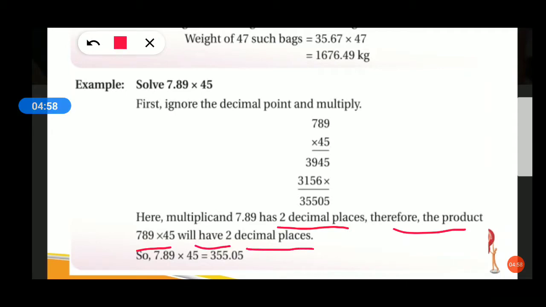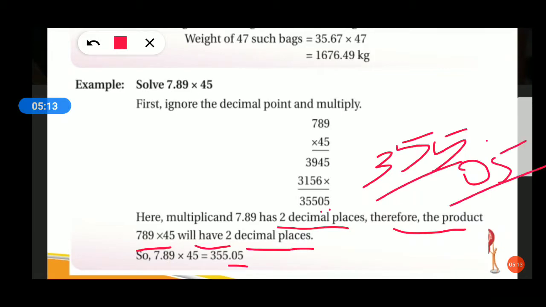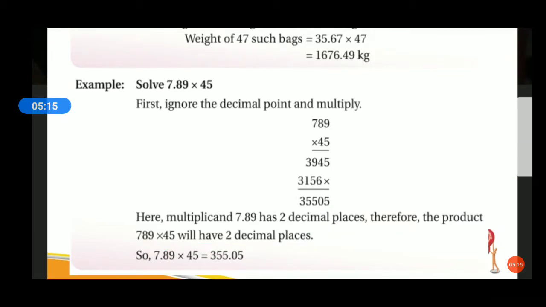What is there in the question? The same number of decimals should be there in the product also. So, in the product, how will you keep? See from the right. 5, 0. So, 2 decimals are there. After the point, 2 decimal digit places are there. So 0.05. Understood, students? That's all about this decimal multiplication of a decimal by a whole number.